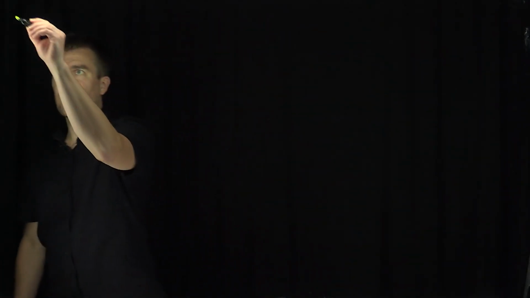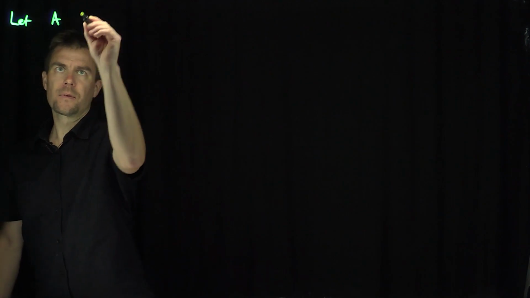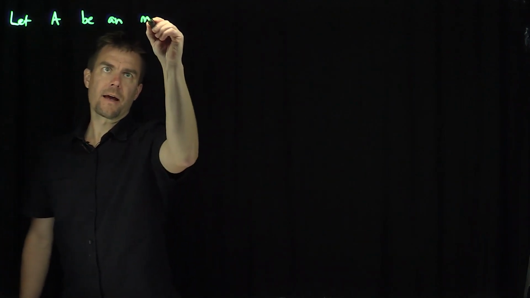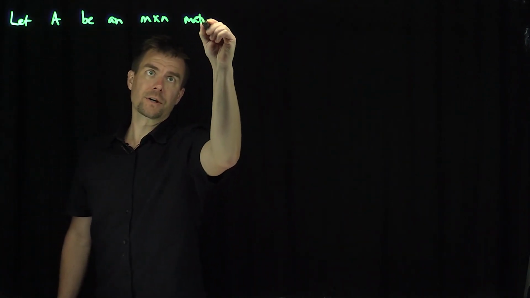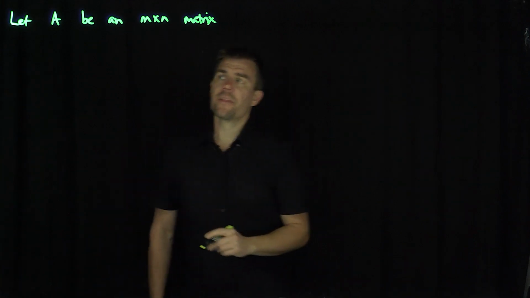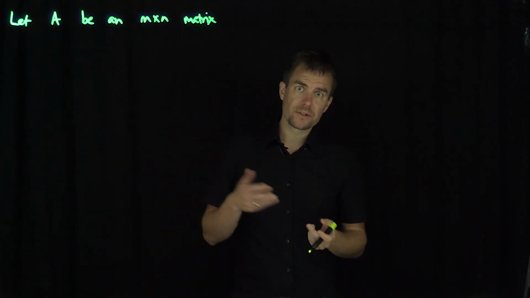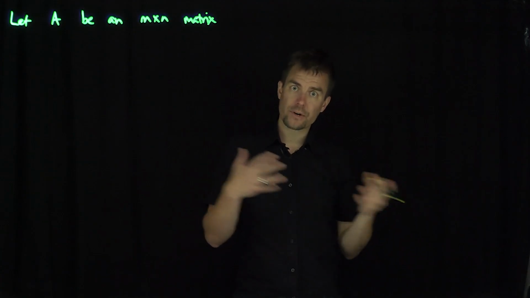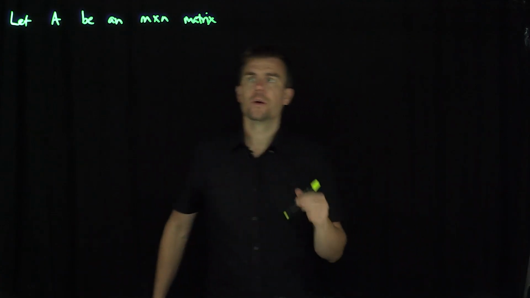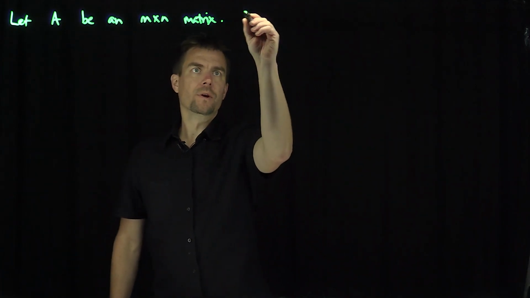Hello students, in this video we'll discuss the singular value decomposition of an m by n matrix. Let A be an m by n matrix. If it's not a square matrix, I can't diagonalize it, so I need some other mechanism to extract spectral properties of the matrix A. To do so, we're going to consider